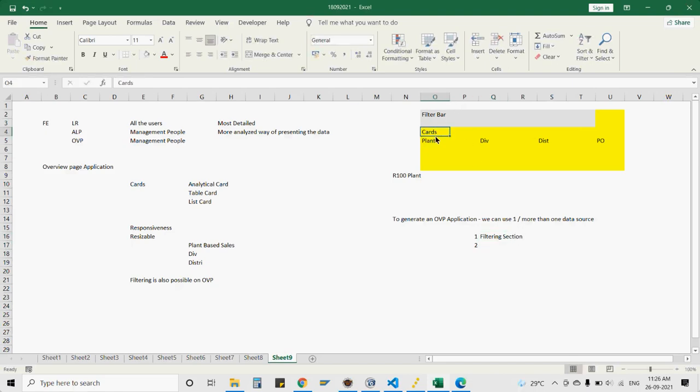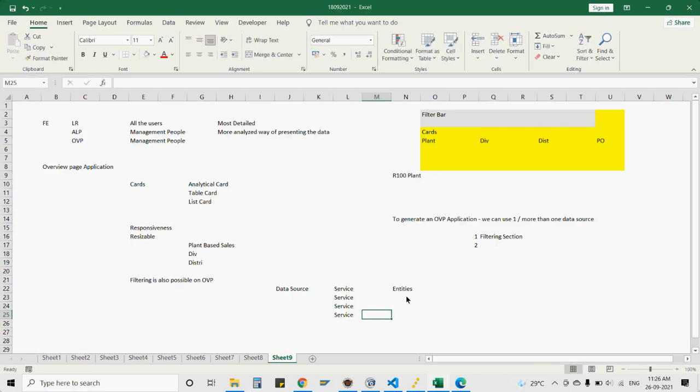I will need either another data source or a data source from the existing one, but which gives me the data with the proper information I am looking for as part of a separate data source. Because if I talk about a data source, my data source can be a service. A service can contain multiple entities, right? Now, one entity I can use for the filtering section. From the same service, I can have another entity which I can use for 5 different cards, which is possible. Another way would be, I can also have a separate service